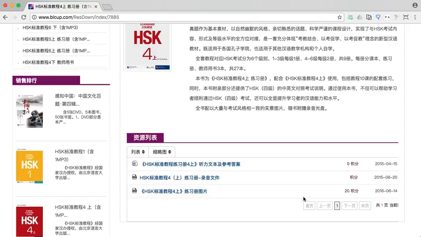And now, if you scroll down, when you see 资源列表, a resource list, you see there are a number of items that you can click on. The first one is HSK 标准教程练习册4上听力文本及参考答案. It means it's the answer keys and the transcript for the listening part for the workbook. So if you click on this item,